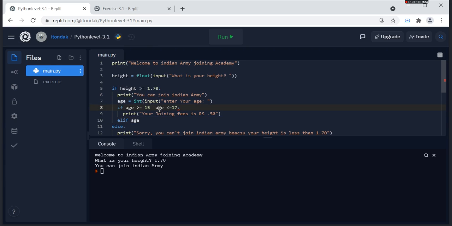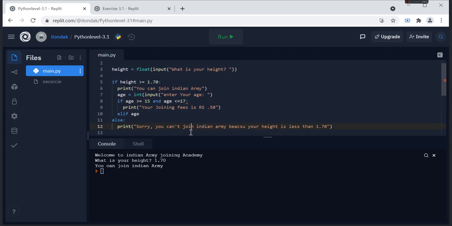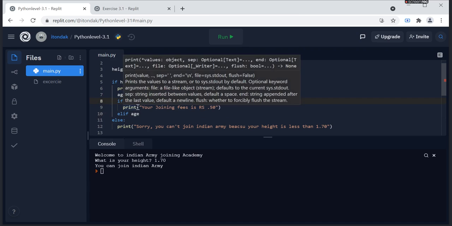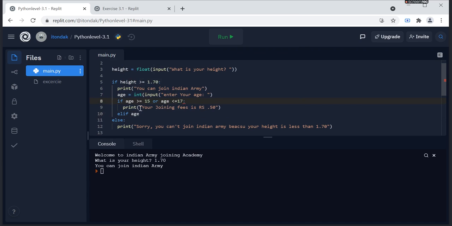We use and also. And if his age is 70, we use or. So: if age is greater than 15 and less than 70, print your joining fees is 50 rupees.